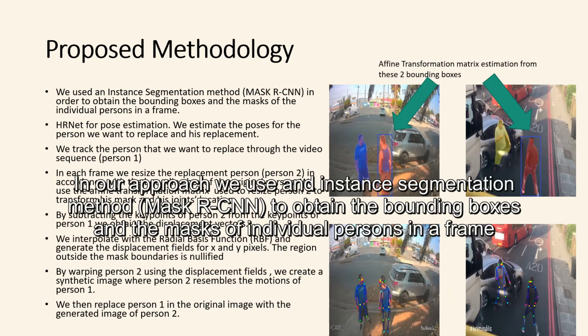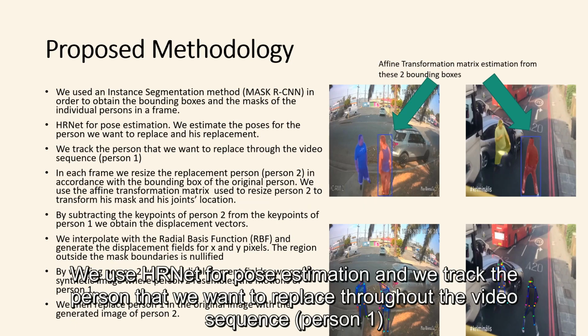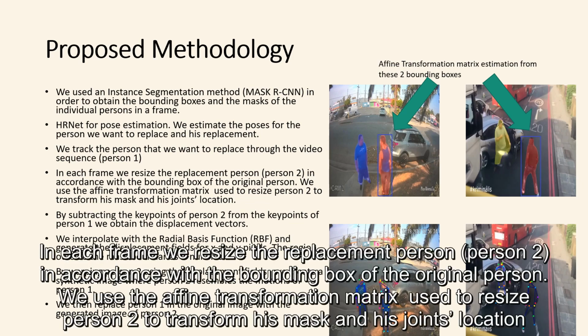In our approach, we use an instance segmentation method, Mask R-CNN, to obtain the bounding boxes and the mask of the individual person in a frame. We use HRNet for pose estimation, and we track the person that we want to replace throughout the video sequence, person 1. In each frame, we resize the replacement person, person 2, in accordance with the bounding box of the